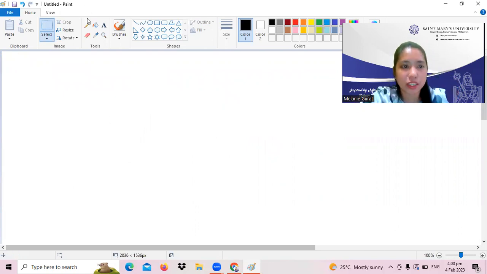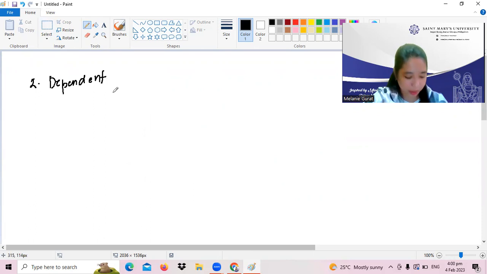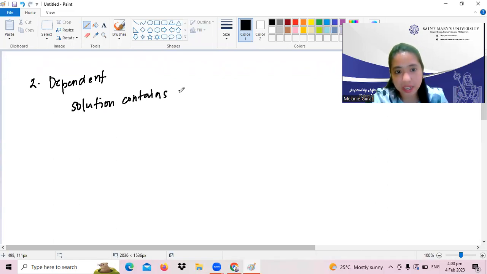And this example is for our second type of system of linear equations. Our second type is the dependent type. It is called dependent whenever the solution is, so for the first one, the solution is empty. For this one, the solution contains infinite numbers, which means all of the numbers that you substitute for x and for the second equation will overlap,